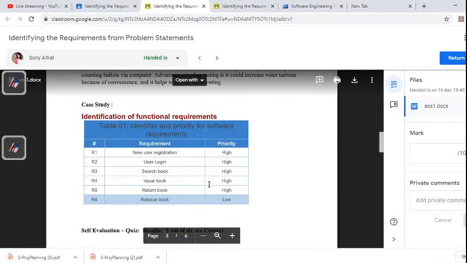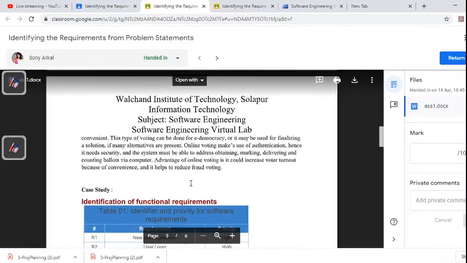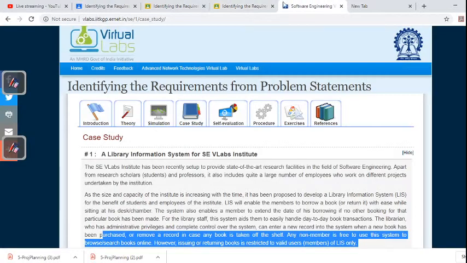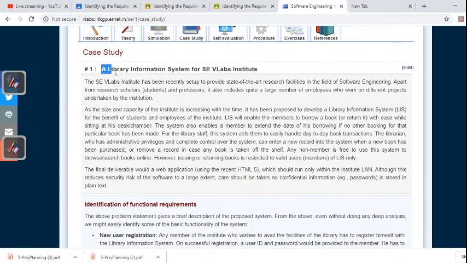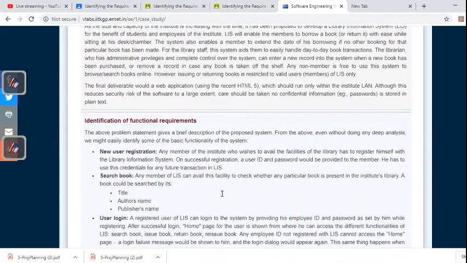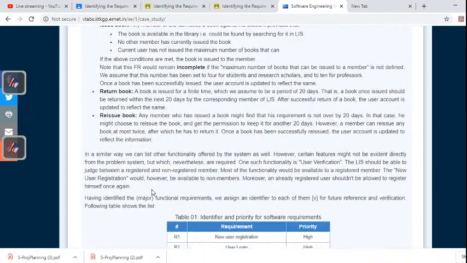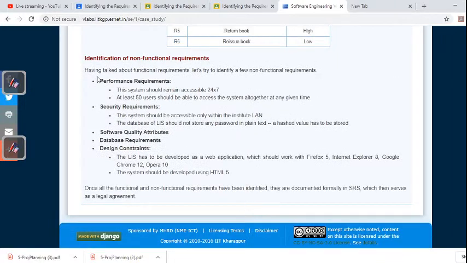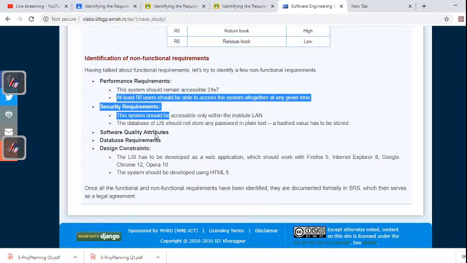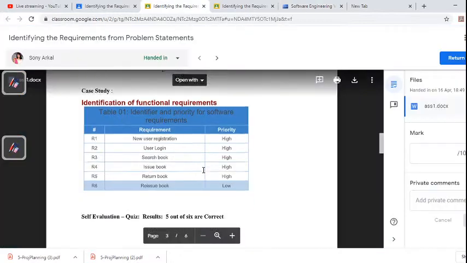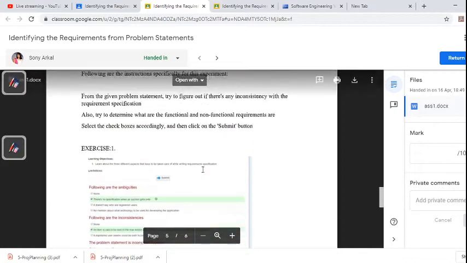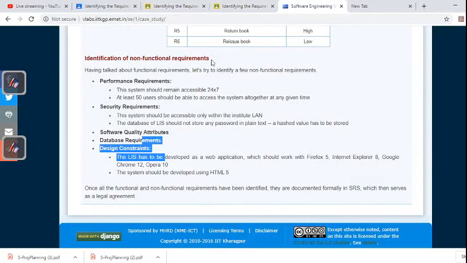In the case study, she has only mentioned the table and the requirements. So what you have to do here: first, you have to understand what the automation of the library is, the requirements, everything, and then mention the table and the different requirements, performance requirements. So everything you have to mention. Then the quiz, and after that,